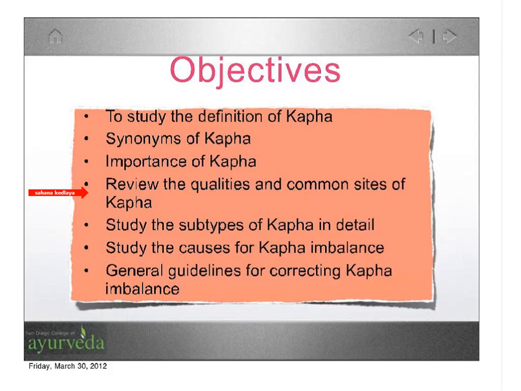This we have done in the previous classes, that's the Ayurveda 101 module. We'll just quickly go over that and try to recollect those points. Then we'll study the subtypes of Kapha in detail, including their names, their location, their specific functions in the body, etc. Then we'll study the general causes for Kapha imbalance. And finally, we'll look at the very general protocol for correcting the Kapha imbalance. So we'll go through each of these points one by one in detail.